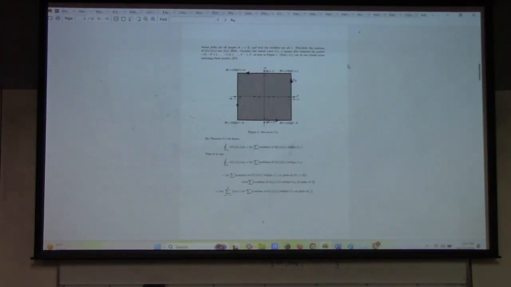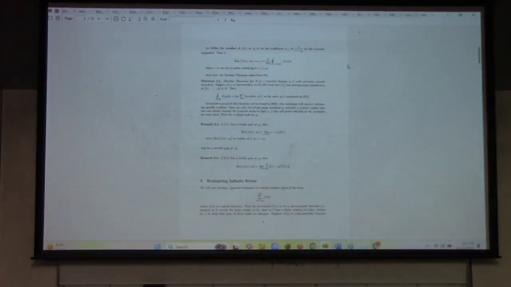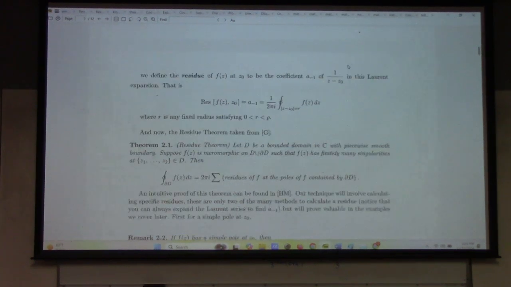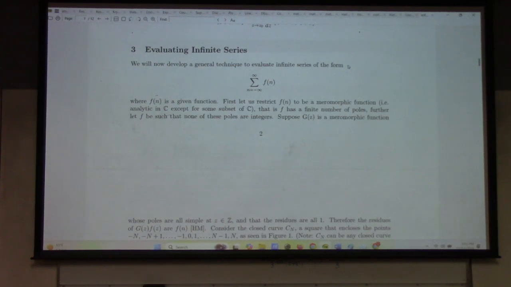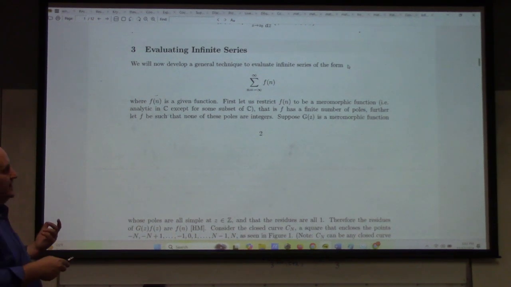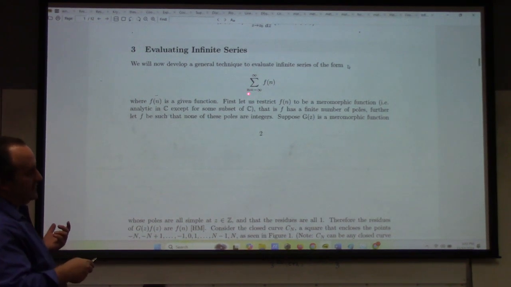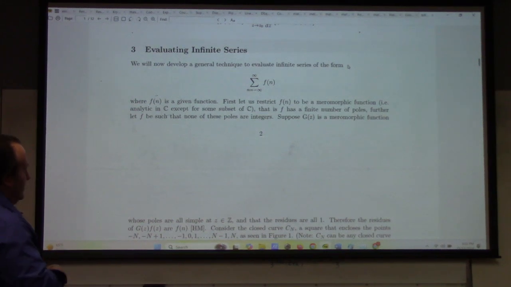There we go. So he builds up the problem. This has a little bit of what the residue theorem is at the start of it. We don't care about that. We already know it. So the problem developed in this little PDF is how you can calculate infinite series of the form sum from minus infinity to infinity. All right. And so to do that,